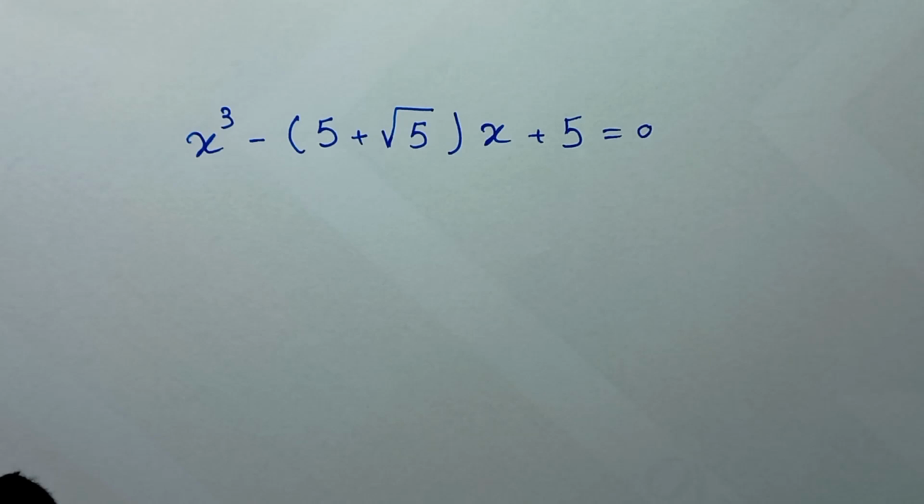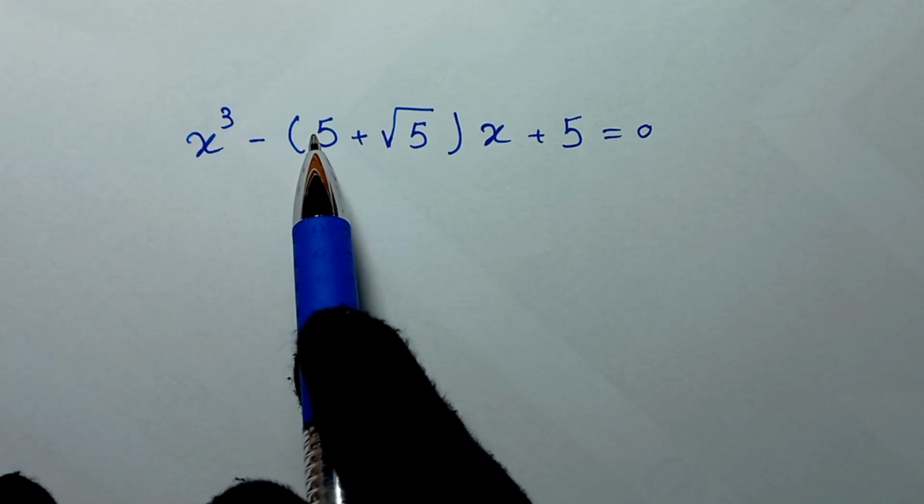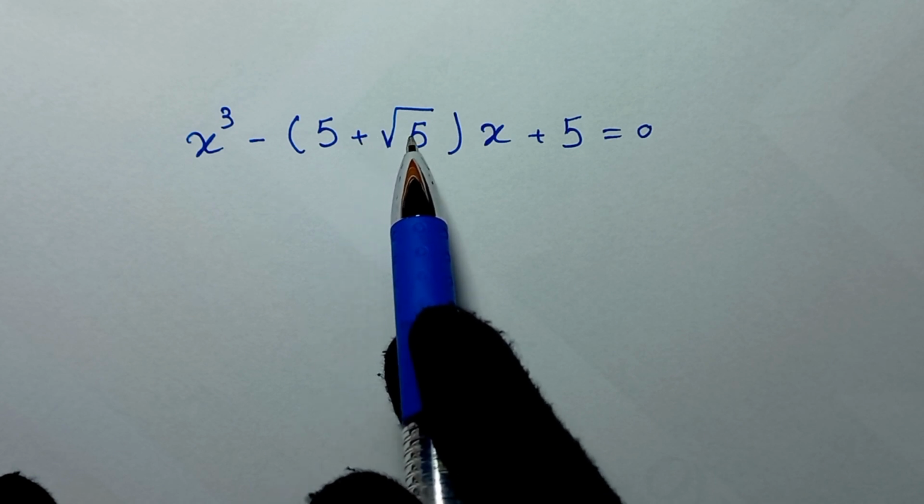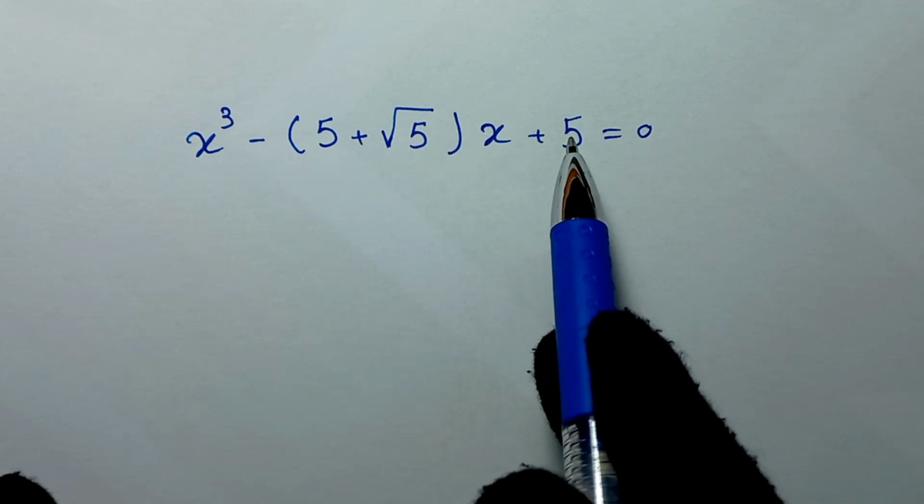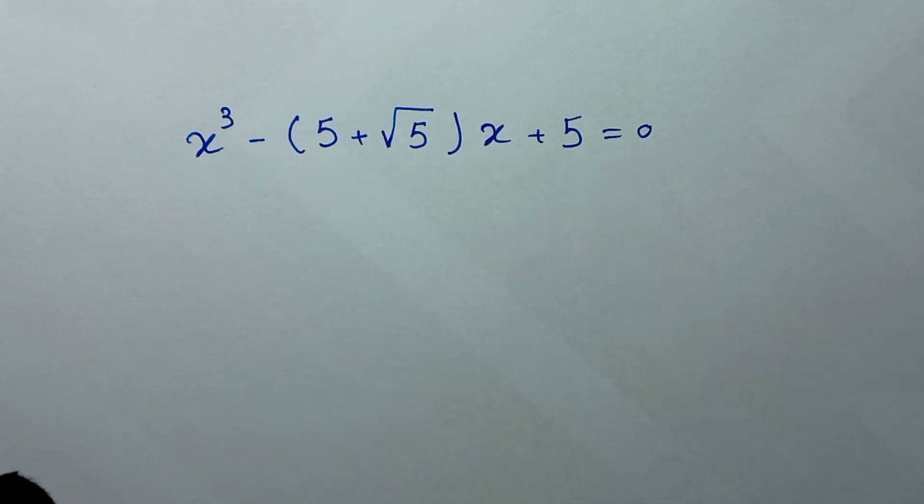Hello my friends, you're welcome to solve this math problem, which is x cubed minus 5 plus square root of 5 times x plus 5 is equal to 0. To find the value of x. In the first step,